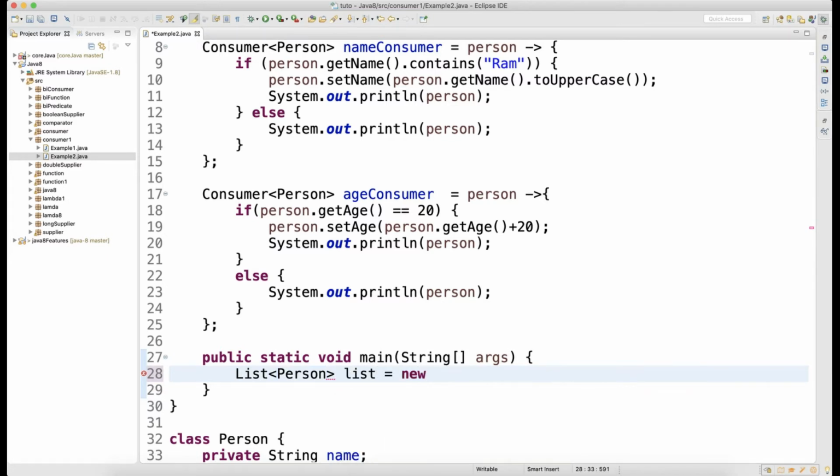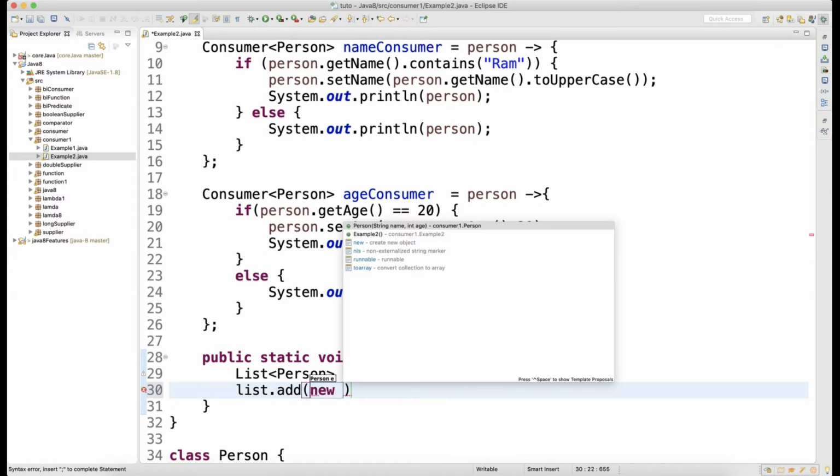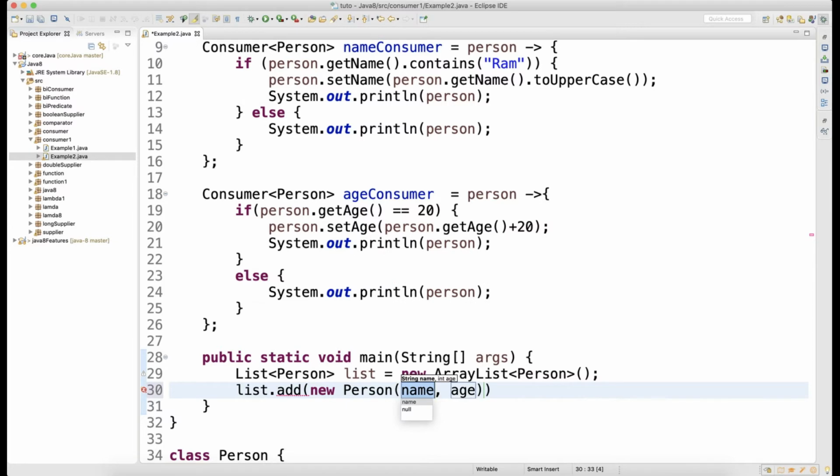List is equal to new ArrayList. Now in this list.add, I need to add a Person object, so new Person, with name equal to Ram, age equal to 10.